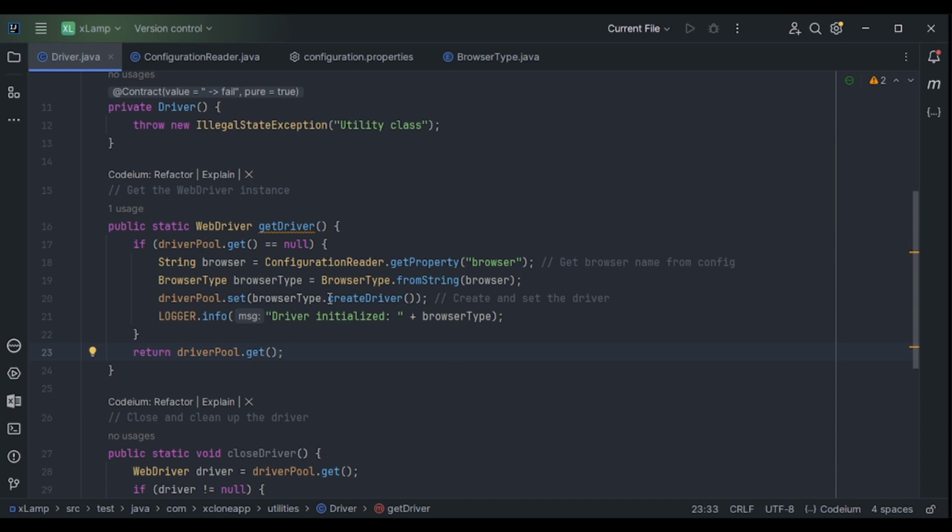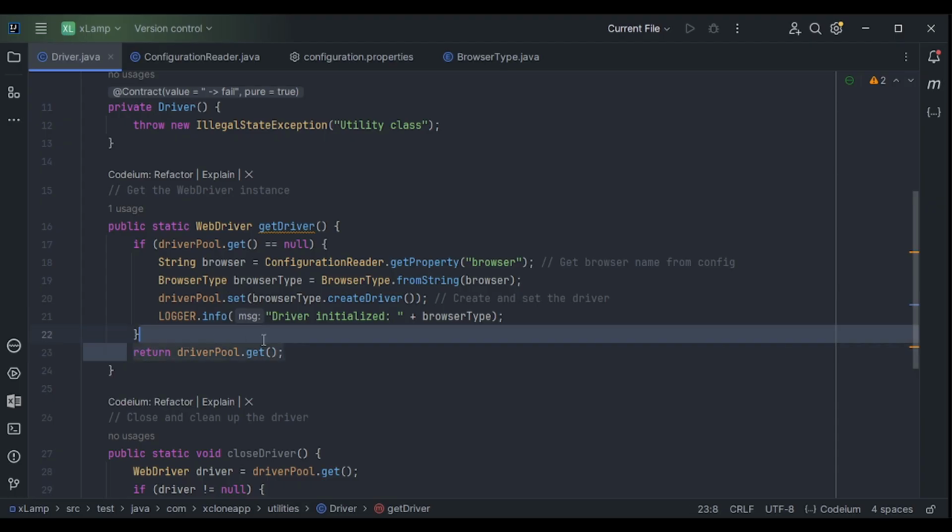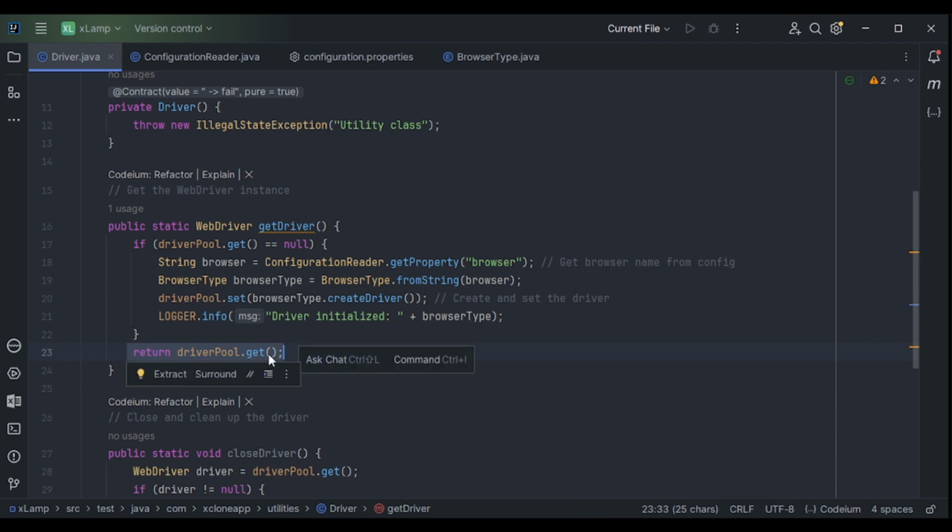Ah, so this is where the new browser window is actually created. Exactly. Either visible or running in the background. Precise. Cool. And just like a good librarian keeps a record of borrowed books, what's the final step in this getDriver method? The last line, return driverPool.get, returns the newly created browser instance to the test, ready to be used